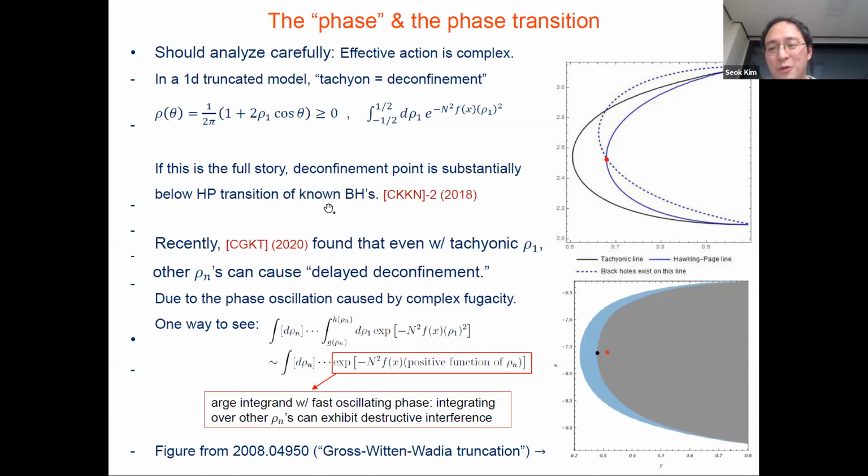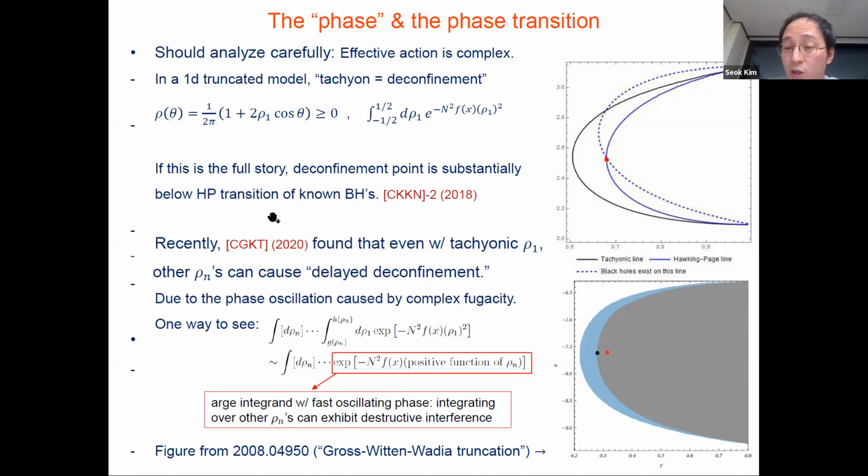So at that point, I was too brave. If you see a mismatch, as particle physicists predict new particles, I wanted to predict new black holes. So maybe there could be new black holes whose Hawking-Page transition temperature will be substantially lower than this, matching with this. I thought it was a natural resolution, but this was a fake conclusion that I got from this one-dimensional truncation. Very recently, 2 months ago, Coppetti, Grassi, Komargodski and Tizzano wrote a very interesting paper pointing out what could be going wrong in my